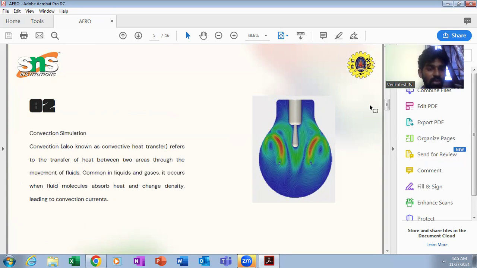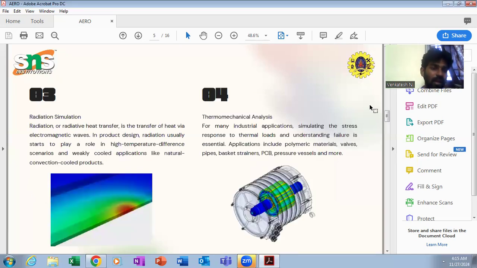between two areas through the movement of fluids, common in liquids and gases. It occurs when fluid molecules absorb heat and change density, leading to convection currents. And radiation simulation: radiation, or radiative heat transfer, is the transfer of heat via electromagnetic waves. In product design, radiation usually starts to play a role in high temperature difference scenarios and weakly cooled applications like